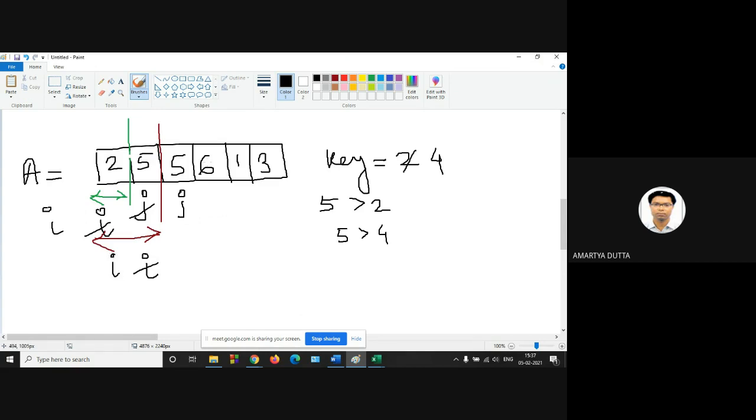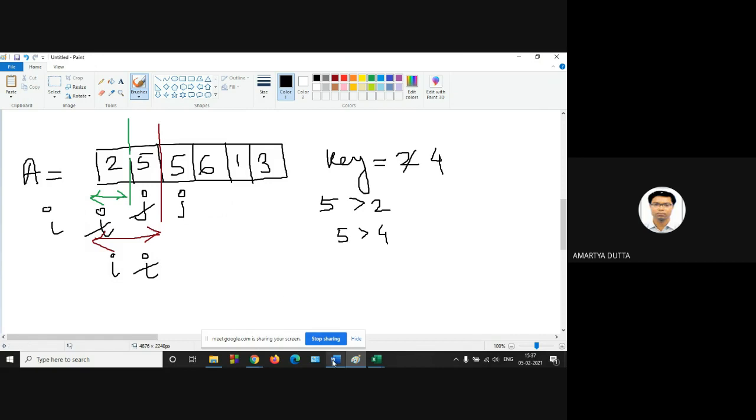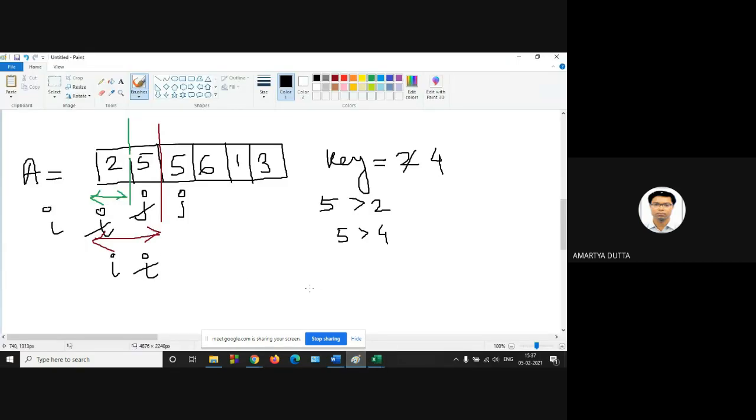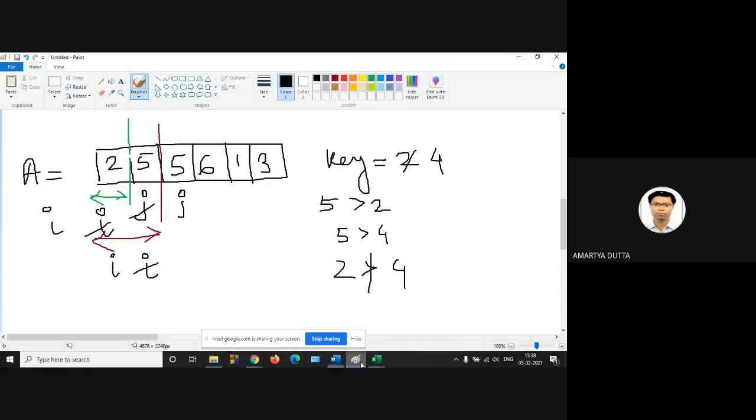Now the value of I is decremented, and now A[I] is greater than key is false, because the A[I] value is now 2 and the key value is 4. So this is false, so it will not be executed at all, right?